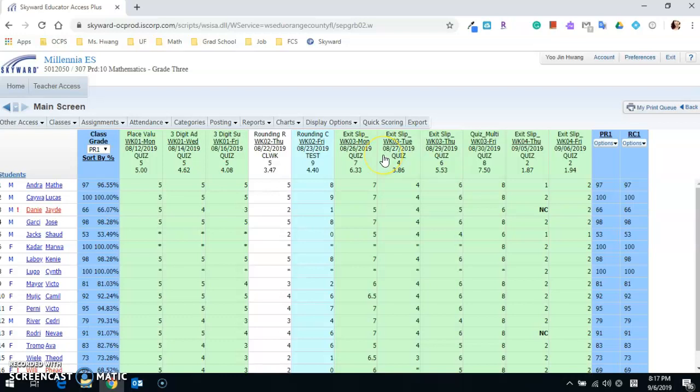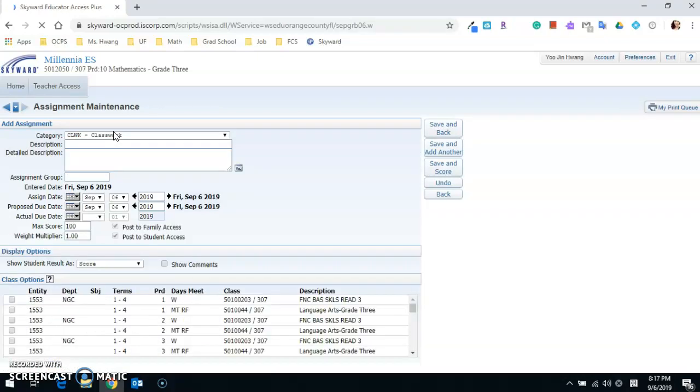So this is the easiest way we found. They also talked about doing the check mark or not, which I should have showed you. But when you do the add assignment, you can actually do the show result as check, percent, or grade mark. So whatever you want to do, it will